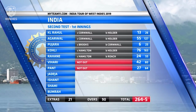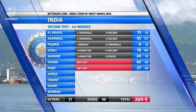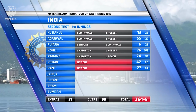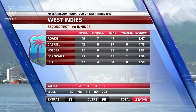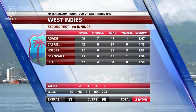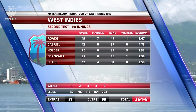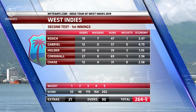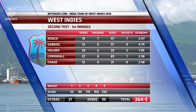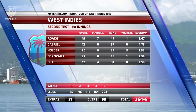The two not out batsmen earlier in the day, Virat Kohli, an excellent 76 before becoming Jason Holder's third wicket. For the West Indies, Jason Holder exceptional, 3 for 39 from 20, great captain stuff. Rakeem Cornwall, first day of Test cricket, 27 overs under his belt, 1 for 69, kept it nice and tight. And the ever excellent Kemar Roach, 1 for 47 from 19, again proving very unlucky. 264 for